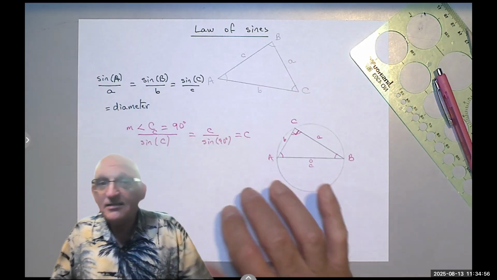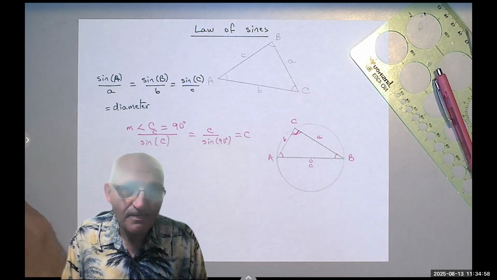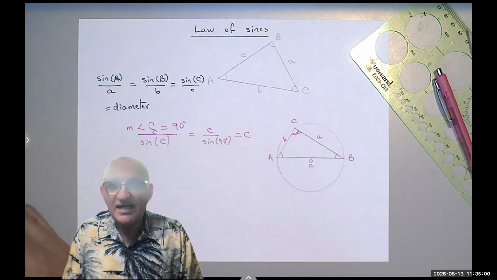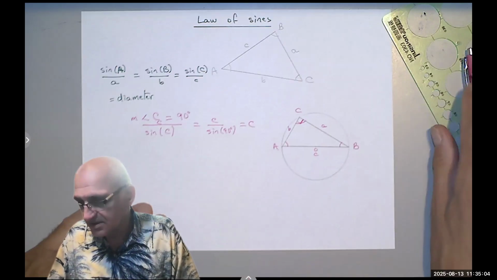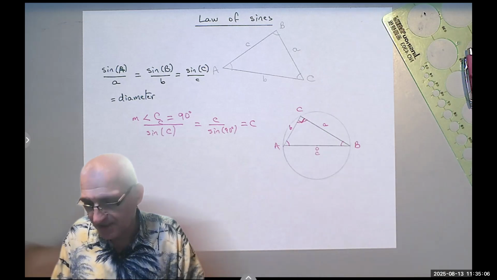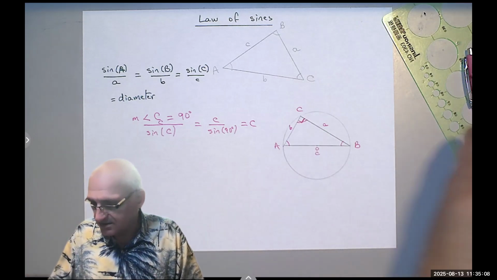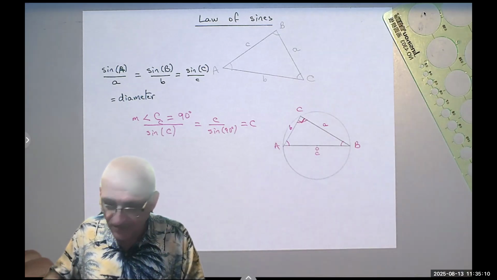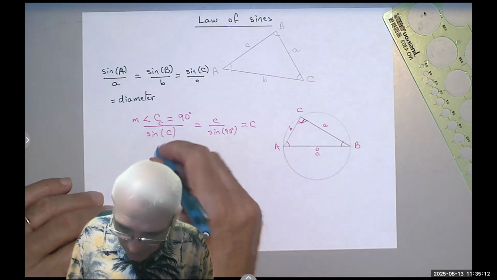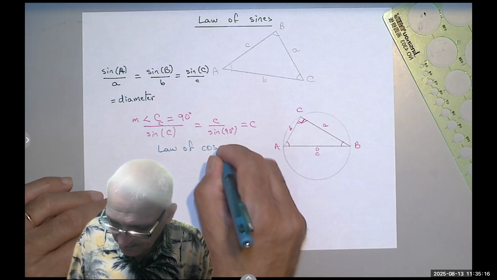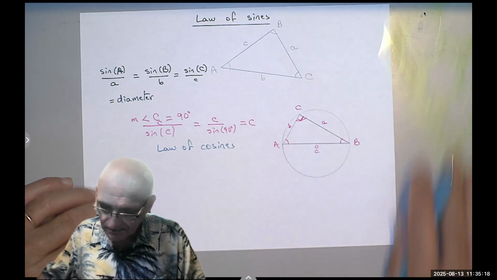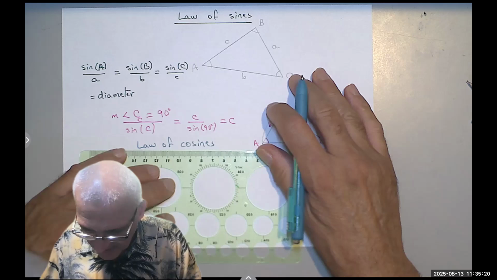Sometimes the law of sine by itself is not enough. Okay? I can find stuff, but I cannot find, for example, all the sides of a triangle. So here comes the law of cosines to the rescue. And the law of cosines says